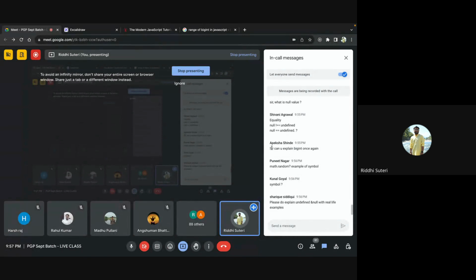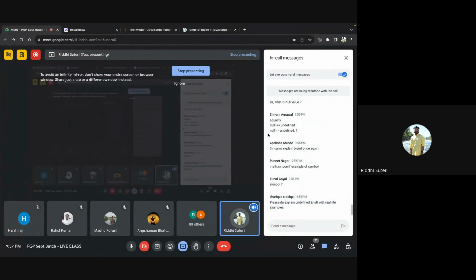Okay, I'll explain this example of BigInt and Symbol with a working example, because with a theoretical example you won't get much. No, Math.random is a function. Symbol is a data type. And by the way, Math.random also does not guarantee a random value every time, or a unique value every time. It might give you a very similar value in the rarest moment of chance. Math.example, no, I have already answered. It's not an example of a Symbol.